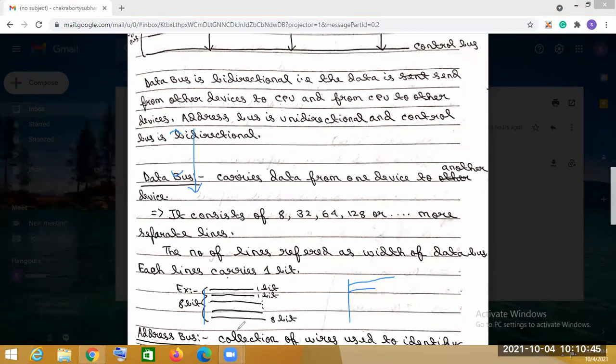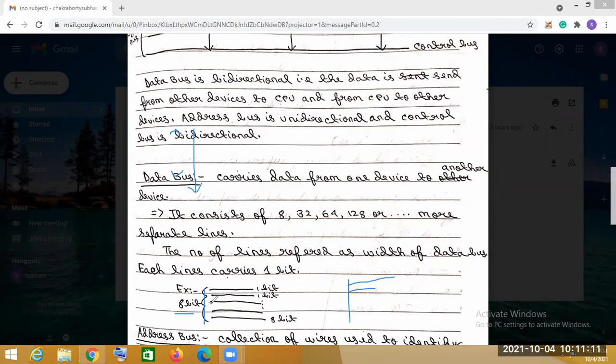Let's say it consists of 8 separate lines, and each separate line contains one bit. So that means the width of our data bus is 8 bit. This is called the width of the data bus.